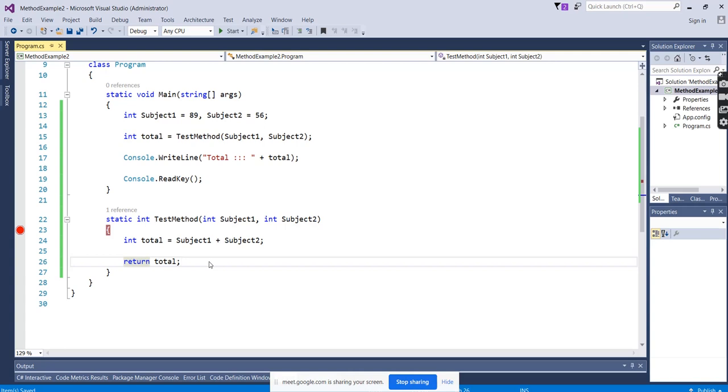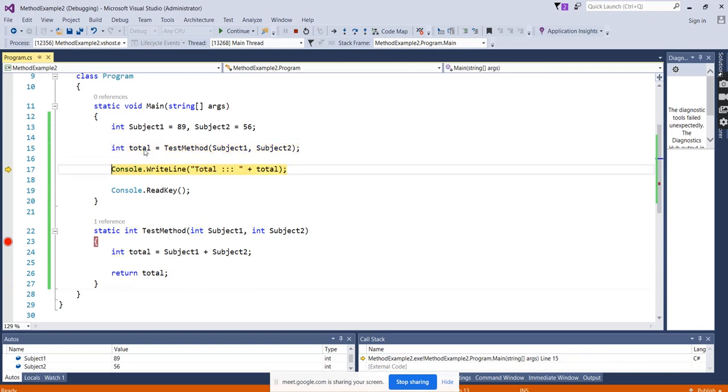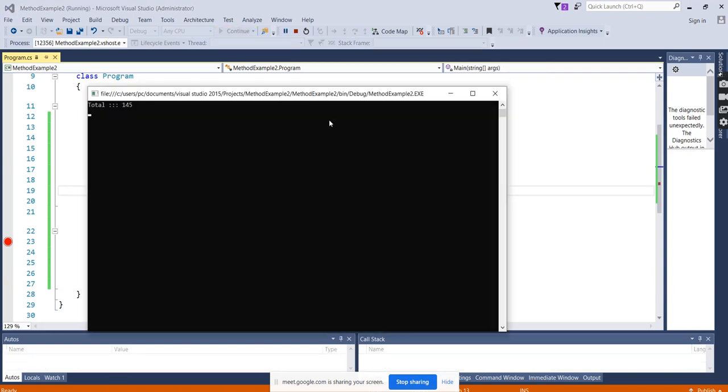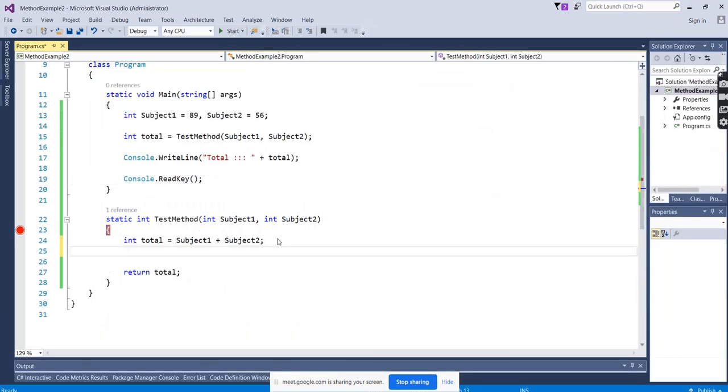Here comes the question. If you see, in this scenario it took the two values, returned the total with the addition of 145, and we are displaying the total. Works. So I say, okay, you give the total, that's good.